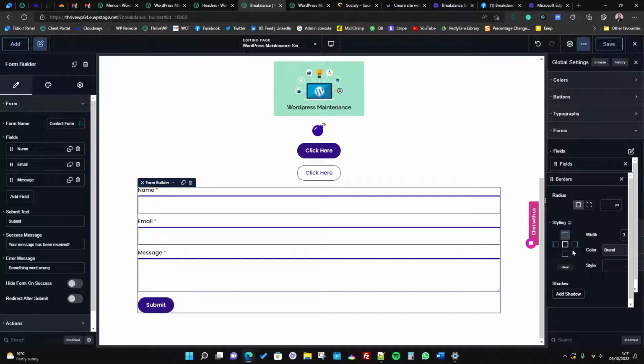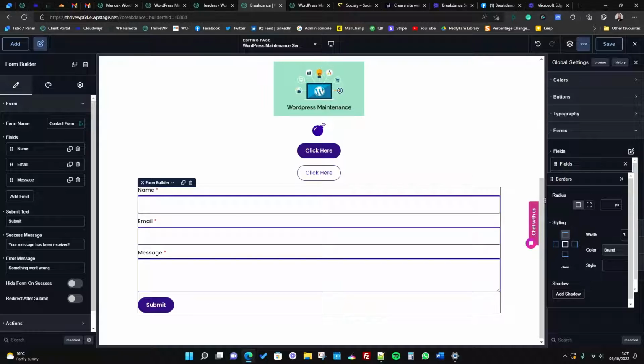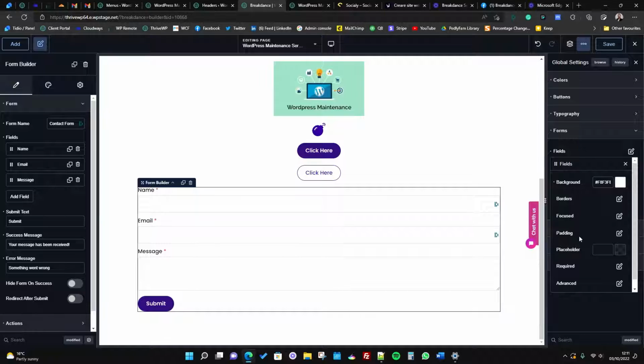Okay, and you can, I think that's then, yeah, all borders. So you've got all borders, which is 1, and then your top you can change to 3. So then that's a bit of a styling thing if you want to do that. You can add some shadows and so forth. So again, that would apply to all types of forms across your site, whether it's a login